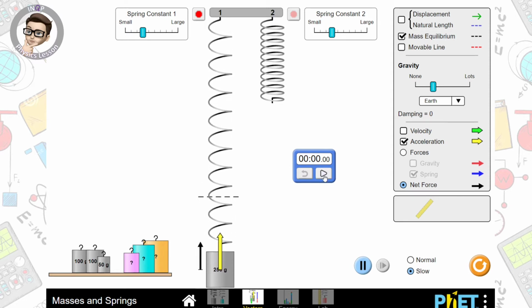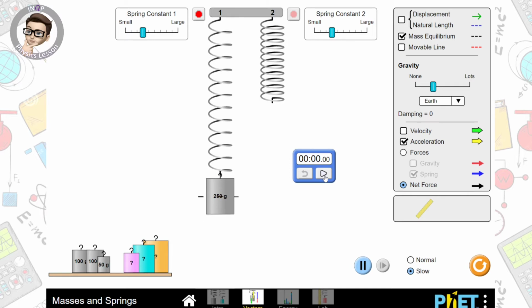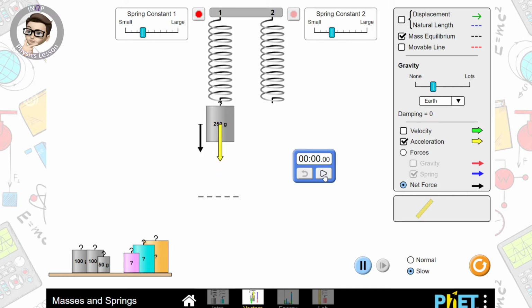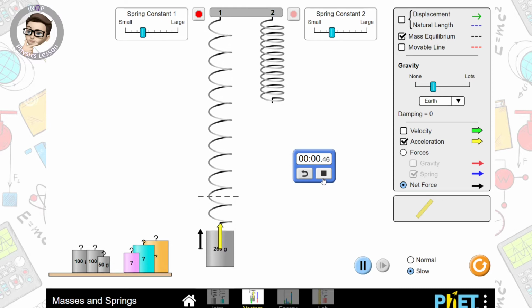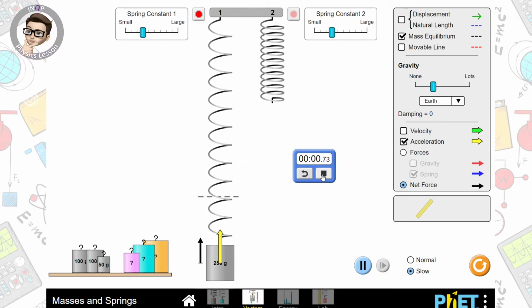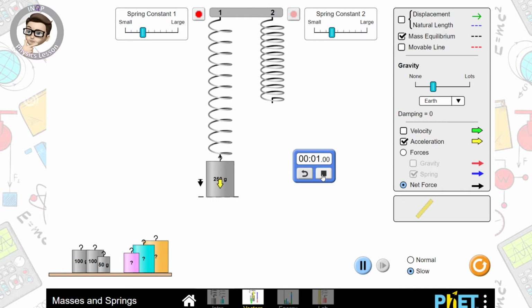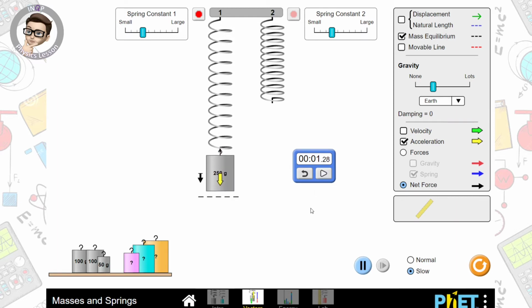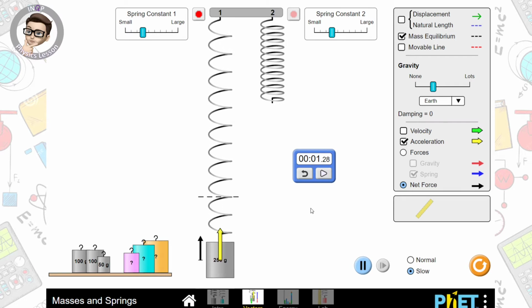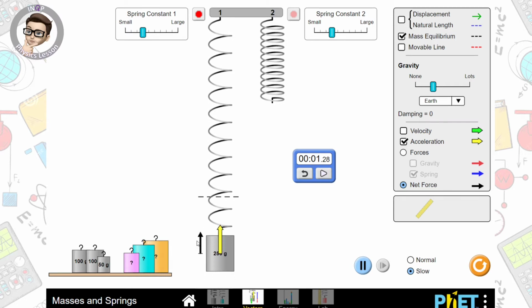Okay, we'll wait for it to go back to peak amplitude and we'll time it. Obviously, if you're doing this in a lab, you would time it for 10 or 20 oscillations and divide it by 20. But because we are doing this with a simulator, we can slow it down. We can see. There we go. So 1.28. So we can see that that time period has increased